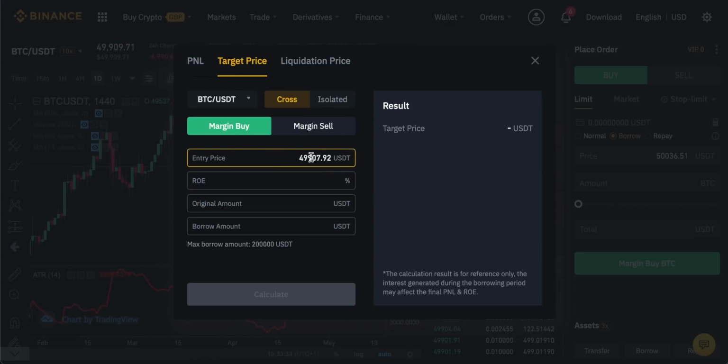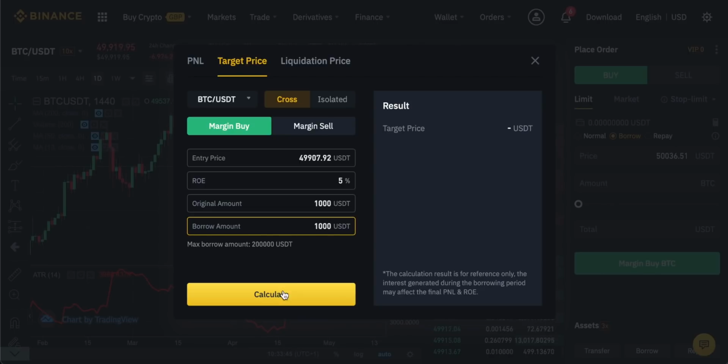Let's say our entry price is 49,907 and we want to make a 5% return. And the original amount that we have is $1,000 and we borrowed $1,000. We can click calculate right here. This is the price that we would need to make a 5% return,